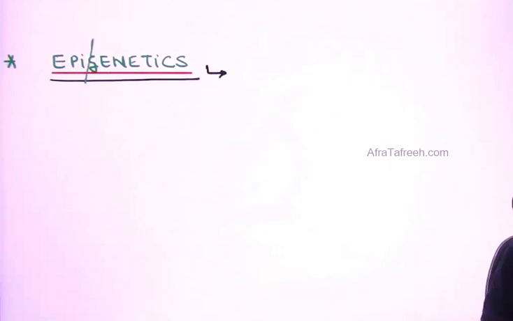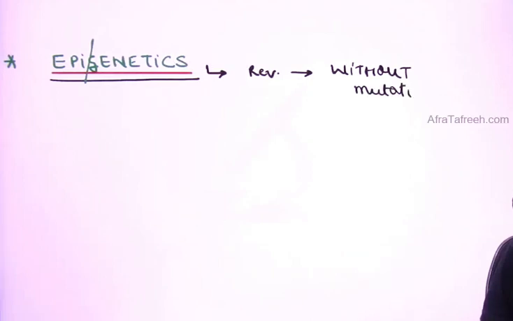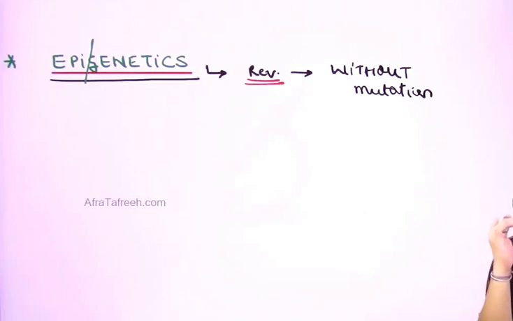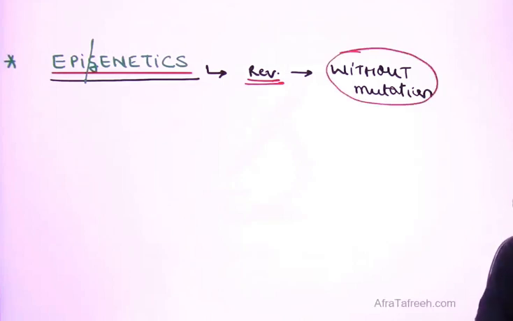Epigenetics is simply an example of a reversible change in the DNA which is occurring, please remember, and that's a micro link, biochemistry link, which I wanted you to be familiar with over here, which is taking place without mutation. So this is an example of a reversible change, but this is something which can be transmitted from one generation to the other. So it's a heritable change, reversible in nature, but this is taking place without any mutation.